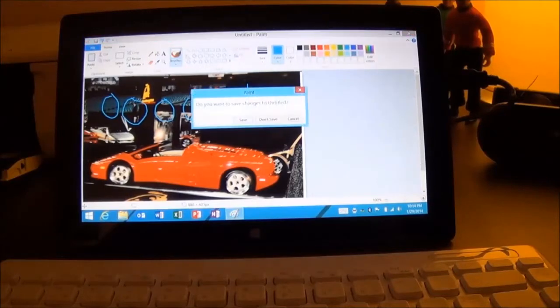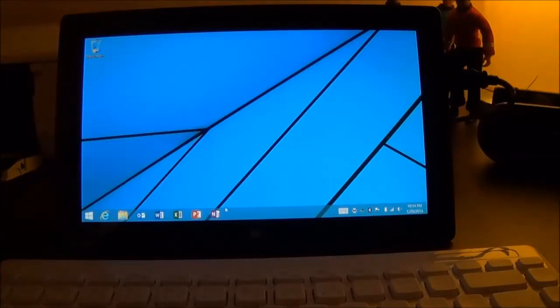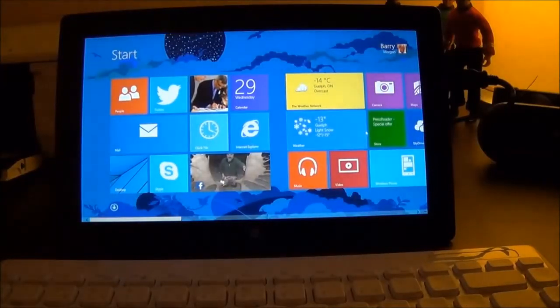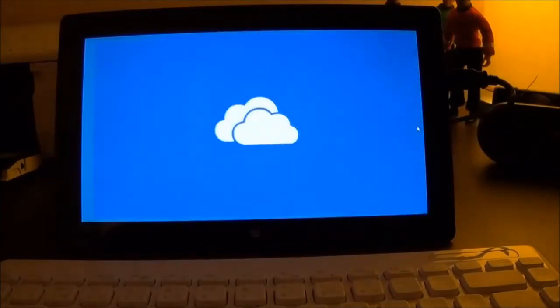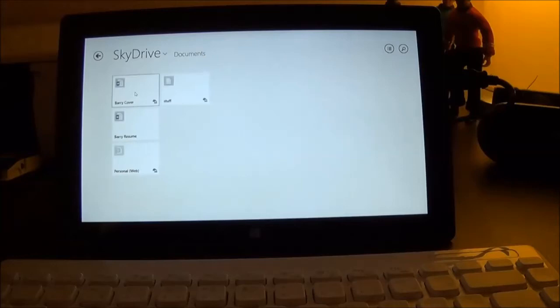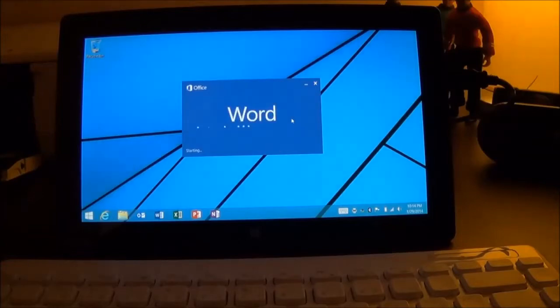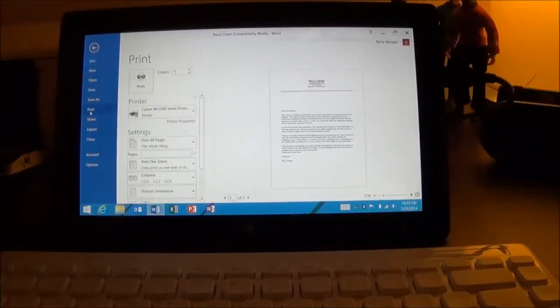And you could do the same for a document if you wanted. It's very easy to print from the web, print from SkyDrive, Dropbox if you wanted it. It's simply available. So we'll do my cover letter, which will now open up in Word. Now this is the RT version of Word, so it is not as quick as your x86 version. But very simply,